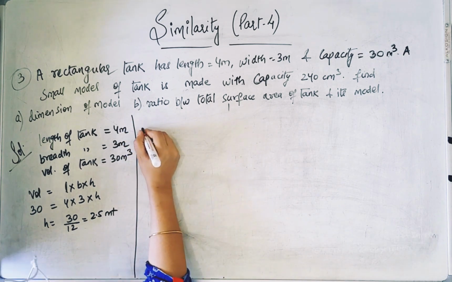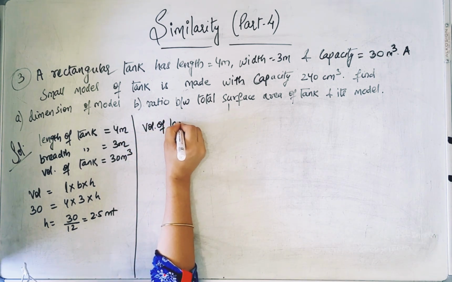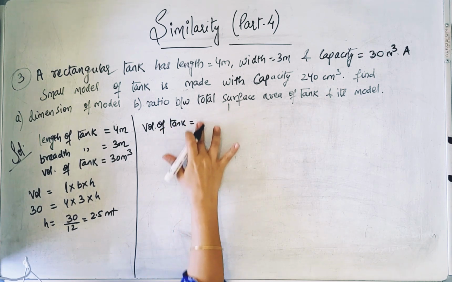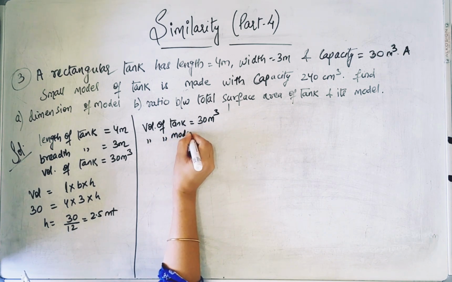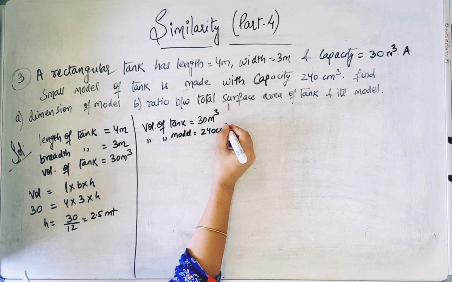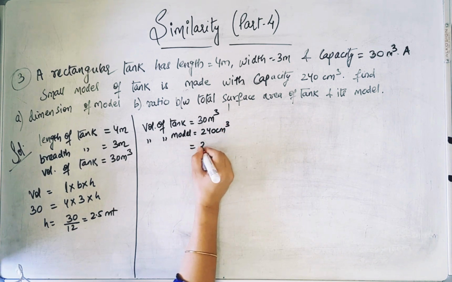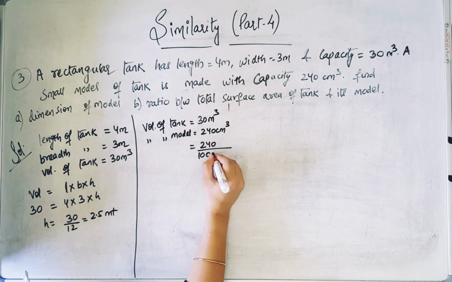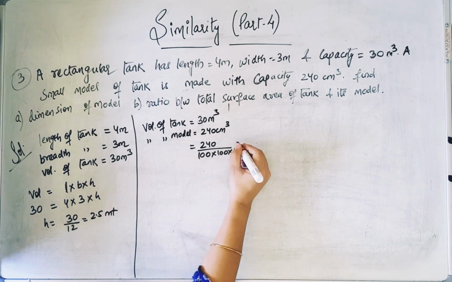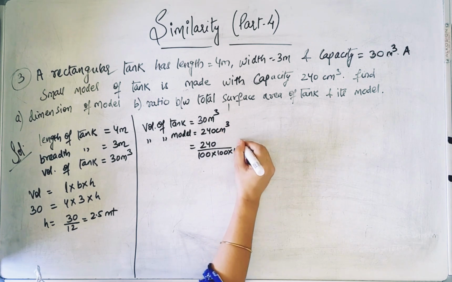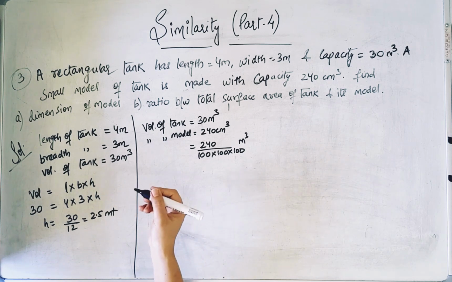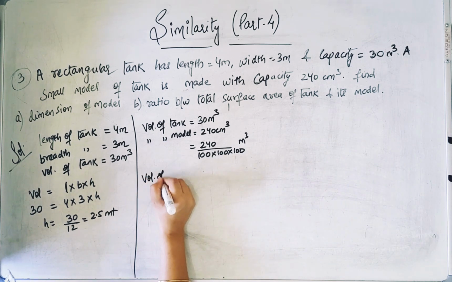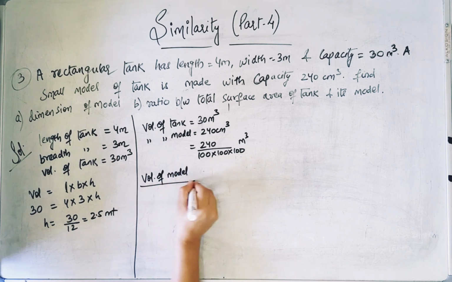Now since here we are knowing that volume of tank is 30 meter cube and volume of model is 240 centimeter cube. इस सेंटीमीटर को will convert into meter. It will be 100, 3 times 100 नीचे multiply होगा because it is in centimeter cube. So अब हमको scale factor नहीं है मालूम. In this question we have to calculate scale factor. तो we'll calculate scale factor, that is volume of model by volume of tank, and this is equals to K.